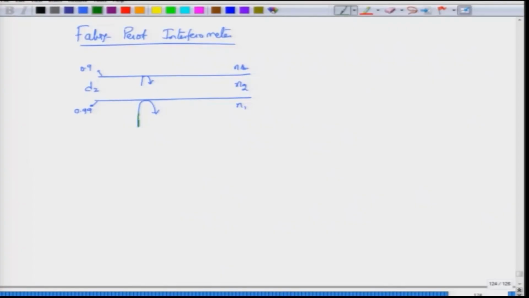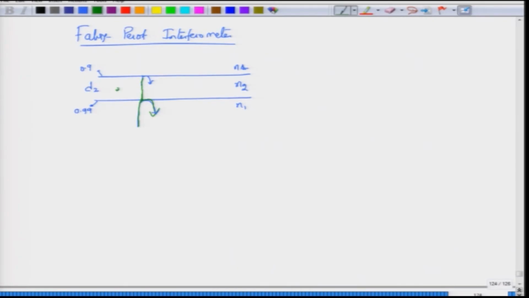Yes, that also happens, but what is more surprising is most of the light can actually pass through this mirror, right. So, how is this magic happening? The magic is happening because of this reflection, or rather interference. You see, light is incident here, some portion of the light, or rather major portion of the light seems to be coming back. However, some portion of the light also goes into the second medium,